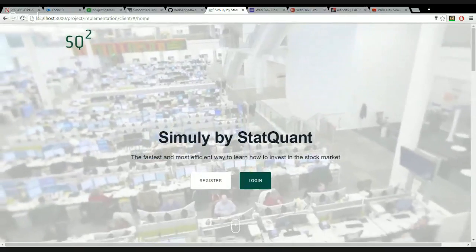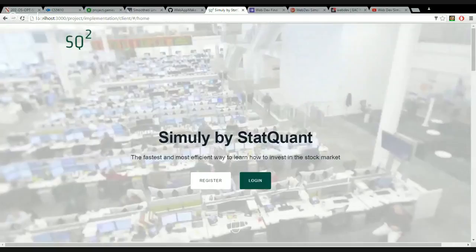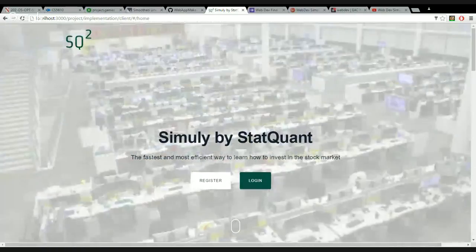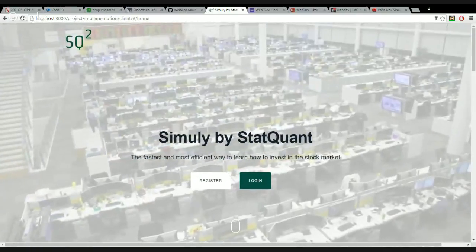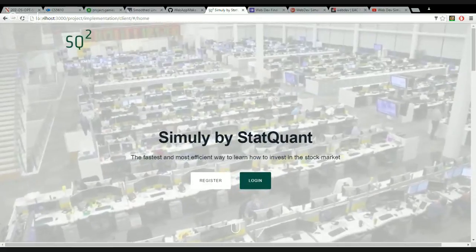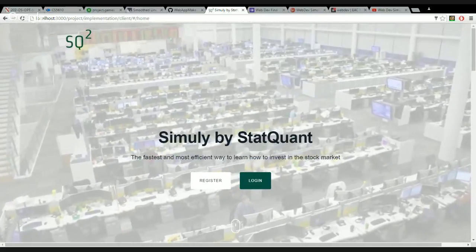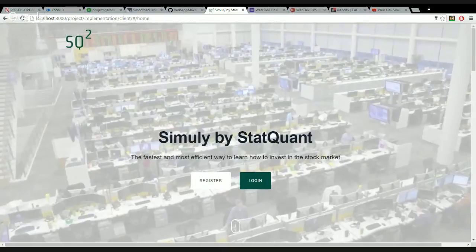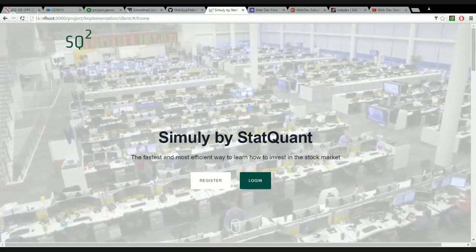You probably know the Market Watch game or the stock market simulation game that you can access today. Both of those applications are based on real-time trading.